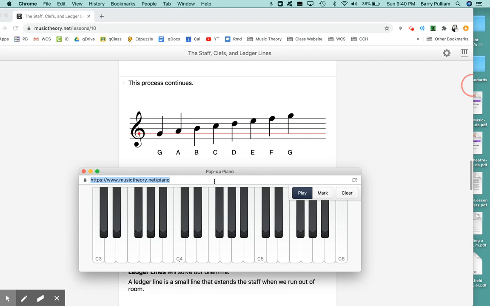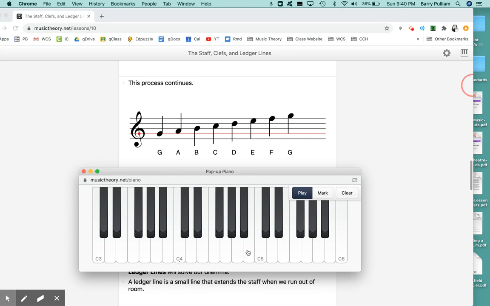Here we go. Now, G, A, B, C, D, E, F, G. Here's a C. This C, C4, is middle C. This is just a little bit of a piano keyboard. But it would be the one right down here. But this G is right here. G, and we said the notes and spaces represent the white keys on the piano. So G,